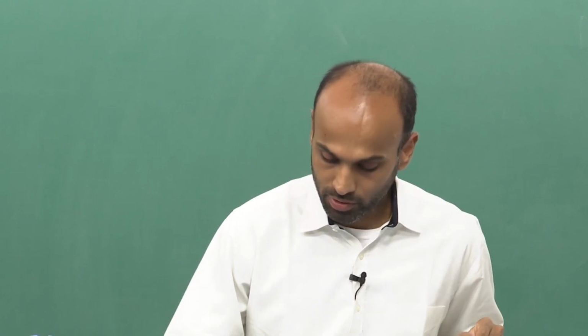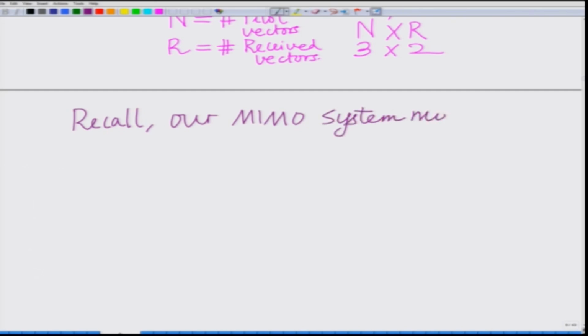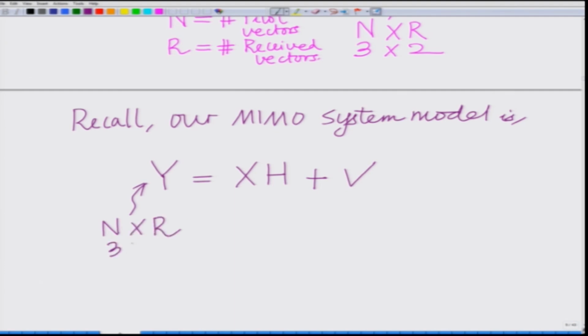Recall our MIMO system model, which is Y equals X H plus V. This is our MIMO system model, where Y is n cross r,